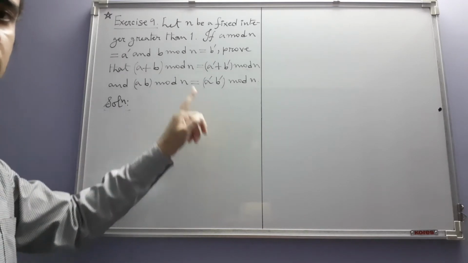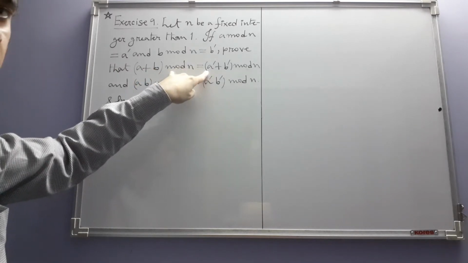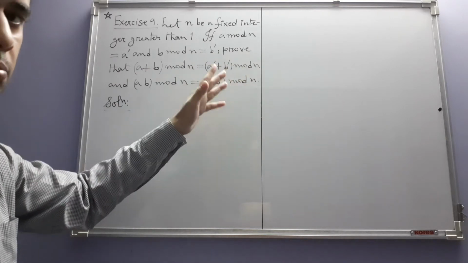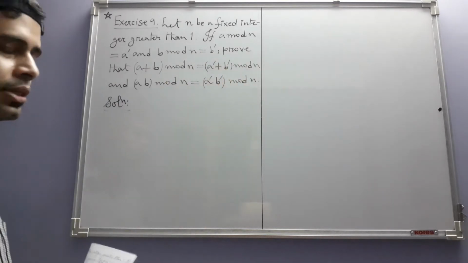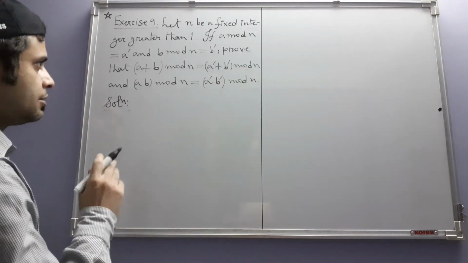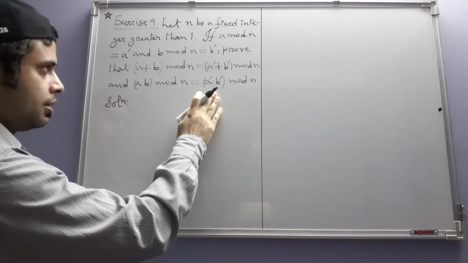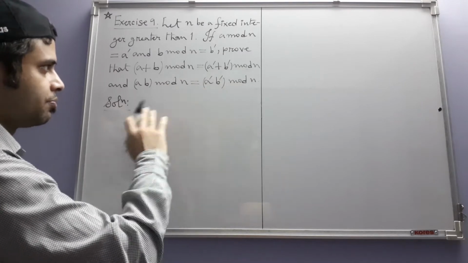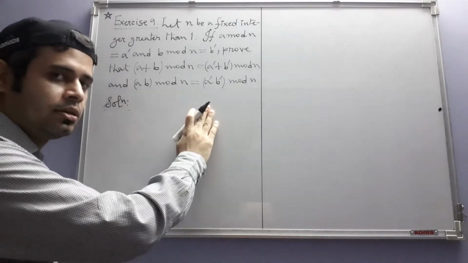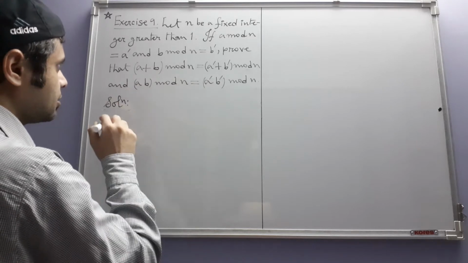But we have already seen in a previous exercise that this happens if and only if a plus b minus a prime plus b prime is divisible by n. So it's enough to show that, and that's what we will show. Similarly we have to show this one also. So since remainders are there and we have to do the things with division and remainders, we need to apply the division algorithm in the beginning itself. So we can start the solution like this.